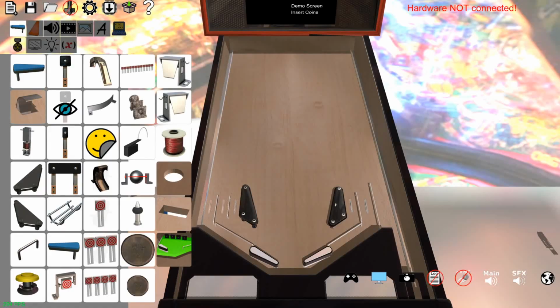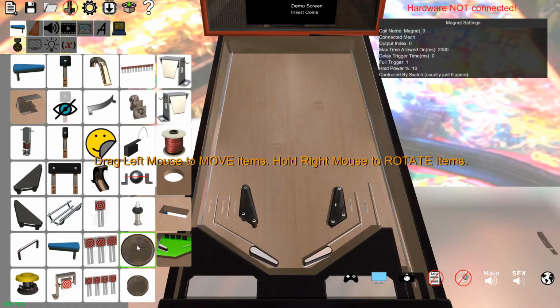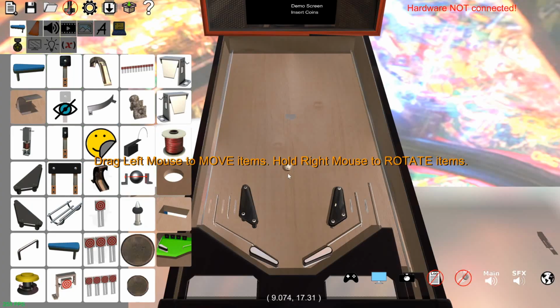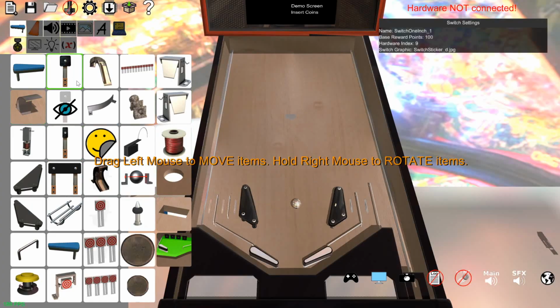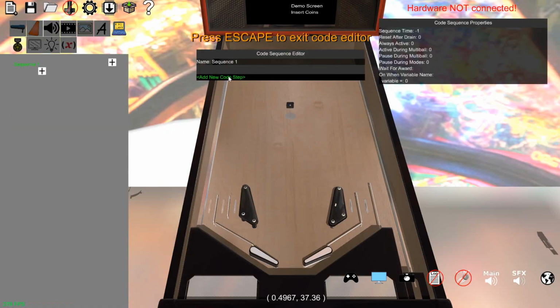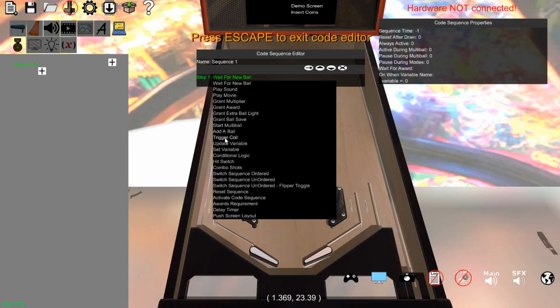All right, so the last part with the consideration would be the magnet. And when you place it, it normally doesn't do anything. So if I throw a ball over it, nothing happens. So I'm gonna put a switch here, and I'm gonna put some code. It says when I hit that switch,